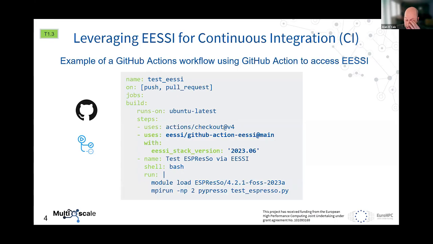So what does that look like? I don't know how familiar you are with the YAML syntax. It's just a syntax for files. So I'm not going to explain it, but just to show you here, basically on a GitHub action, and this is a simple example of what a GitHub action would look like that uses the EESSI action. So basically you give it a name,